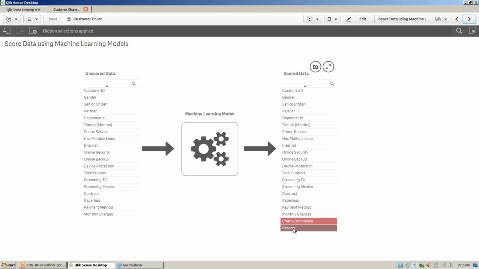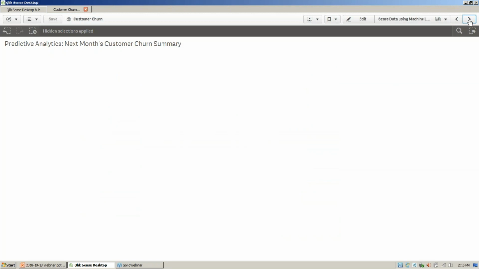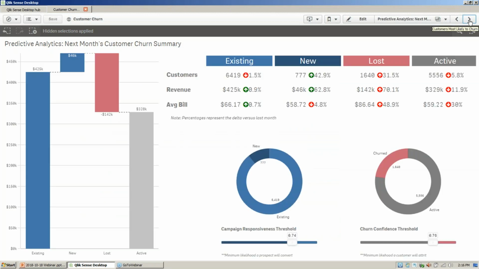So now that we've got these two columns in our data model, how does our dashboard look? Well, now this looks a whole lot similar to what we saw before. We see the waterfall on the left, which is dollars, and we see counts on the right. A couple of big fundamental differences, the biggest of which is that no longer are we looking backwards at what happened last month. We're actually looking forward and predicting what happens next month. We'll return the data with some level of confidence, so we can actually expose that as a slider here in our dashboard as one example.